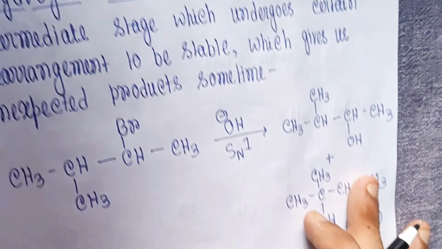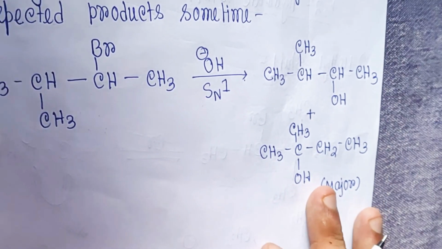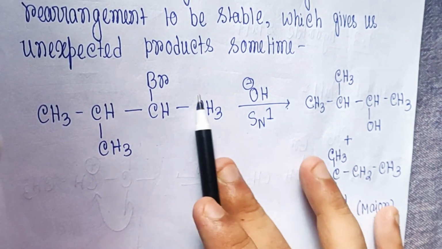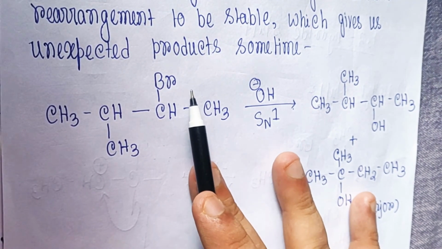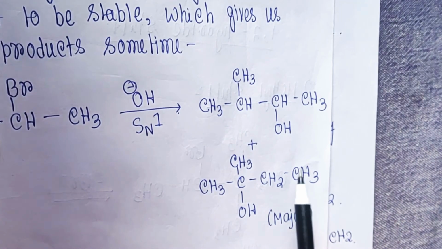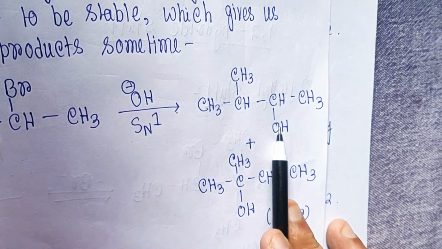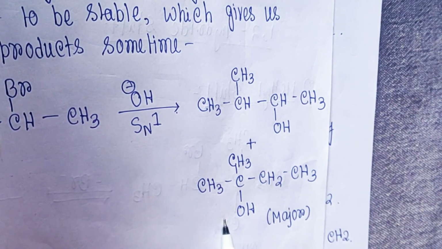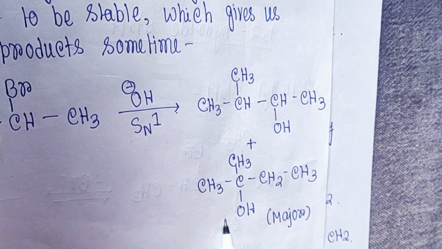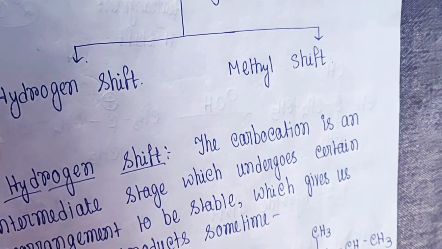I would show you a reaction where you will be able to see that if this is our reactant, what product do you expect? You expect this Br would get substituted with OH. Okay, you expect this, but in this reaction, this is the major product. So why is this happening? How is this happening? For that reason, you need to know